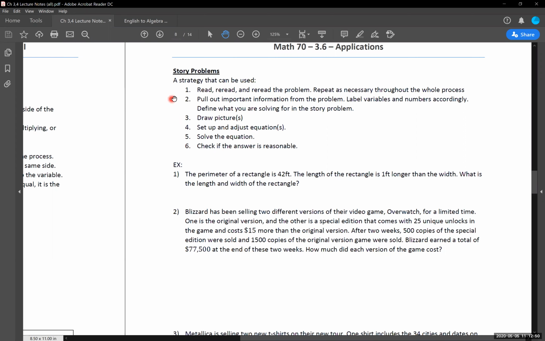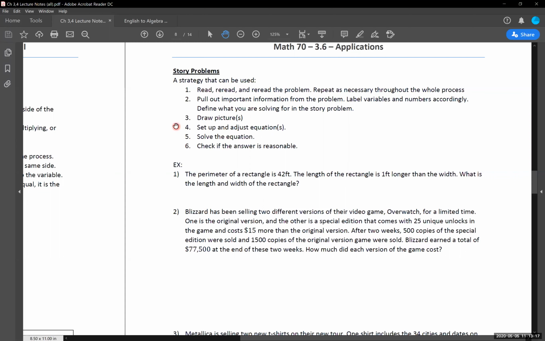And I think steps 2 and 3 kind of go hand in hand pretty well. Pulling out some information, maybe I know the length of something, maybe I know the width of something or the height. Draw a picture of that shape, whatever it is that we're working with, and then label what that looks like in that shape itself. So again, 2 and 3 going hand in hand here, and then reread as necessary if you're a little unsure as to where you should label these things, where you should put the numbers, anything like that.